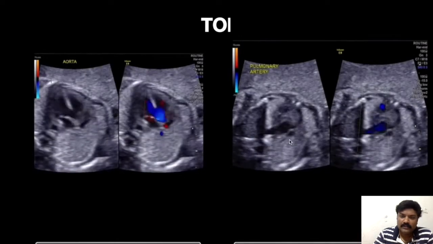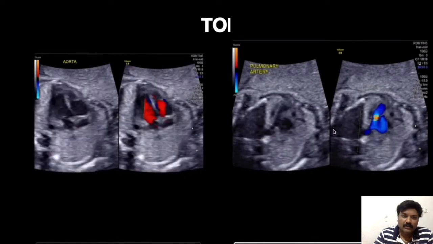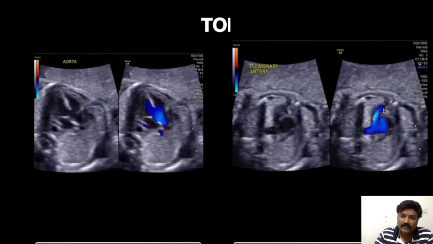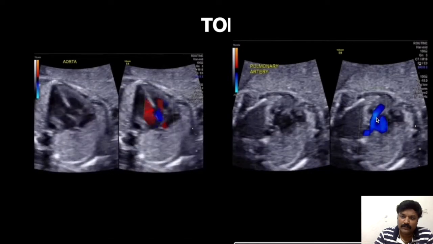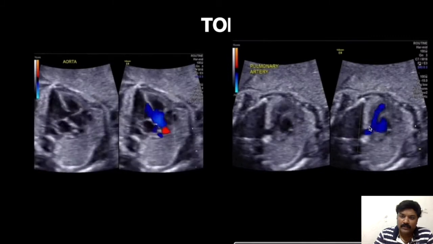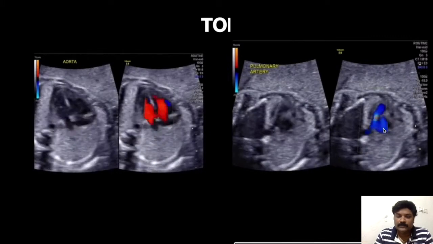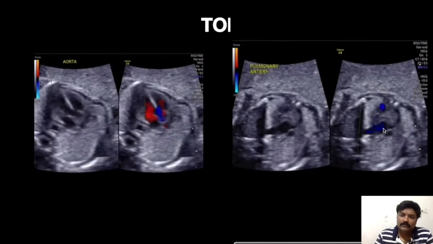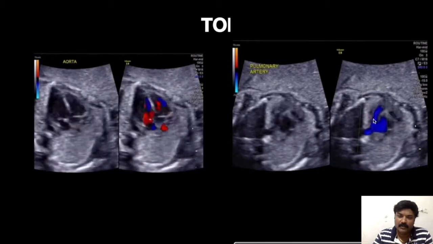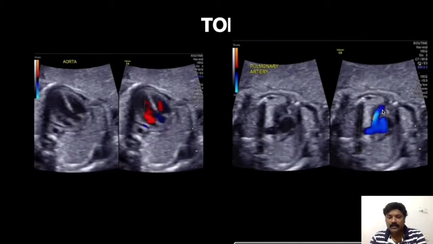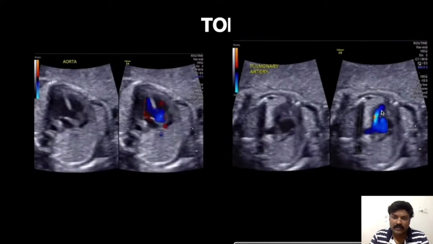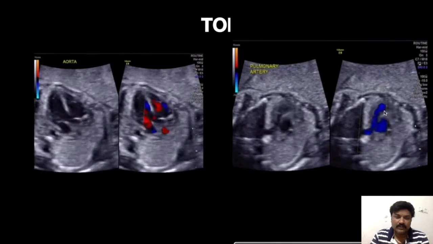As you see in this case, the VSD, overriding of aorta, and the pulmonary artery will be smaller in size, and there is some turbulence also there due to pulmonary stenosis. Due to the overriding, aortic arch will be larger in size. Case of TOF. And if there is reversal of flow in the pulmonary artery, then there is pulmonary atresia, and sometimes there will be pulmonary valve dysplasia, where there will be enlarged pulmonary artery with turbulence. So these are three subtypes of